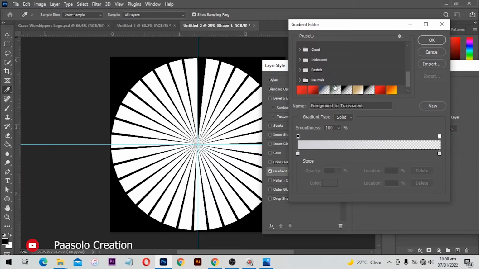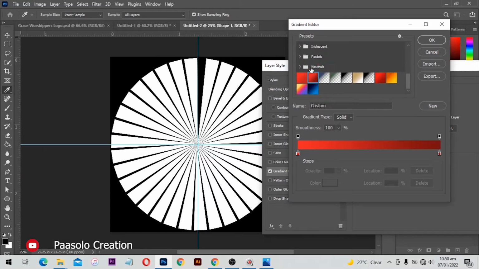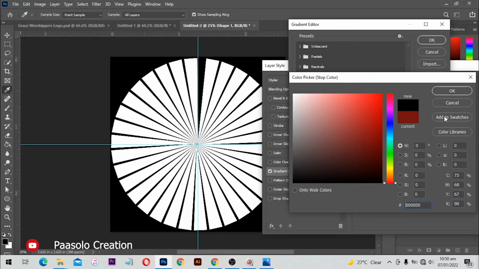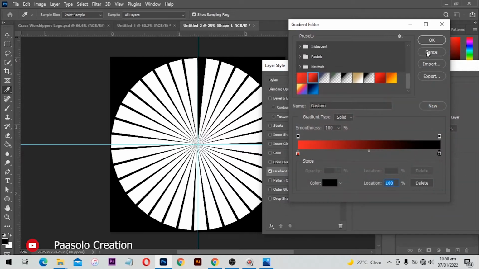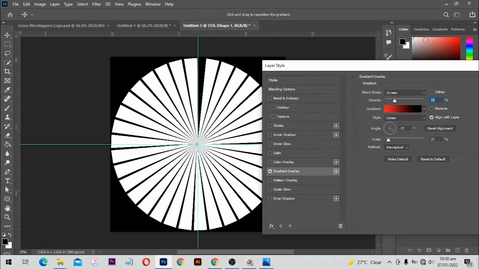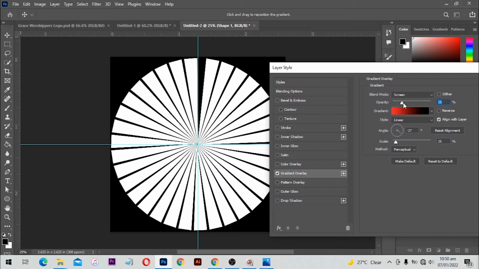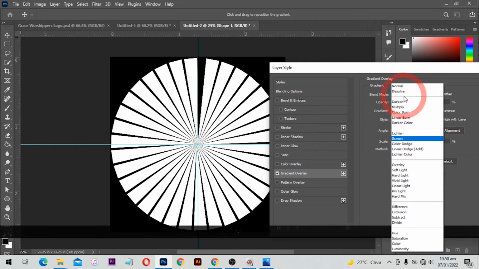Then from here, with my shape selected, I'll go to FX gradient overlay, and then I'll select my gradient. So I'll select any default gradient, just like this. Okay, then I'll apply from black to red. So one side black and one side red. Click on OK, and then I'll increase opacity all the way to 100%